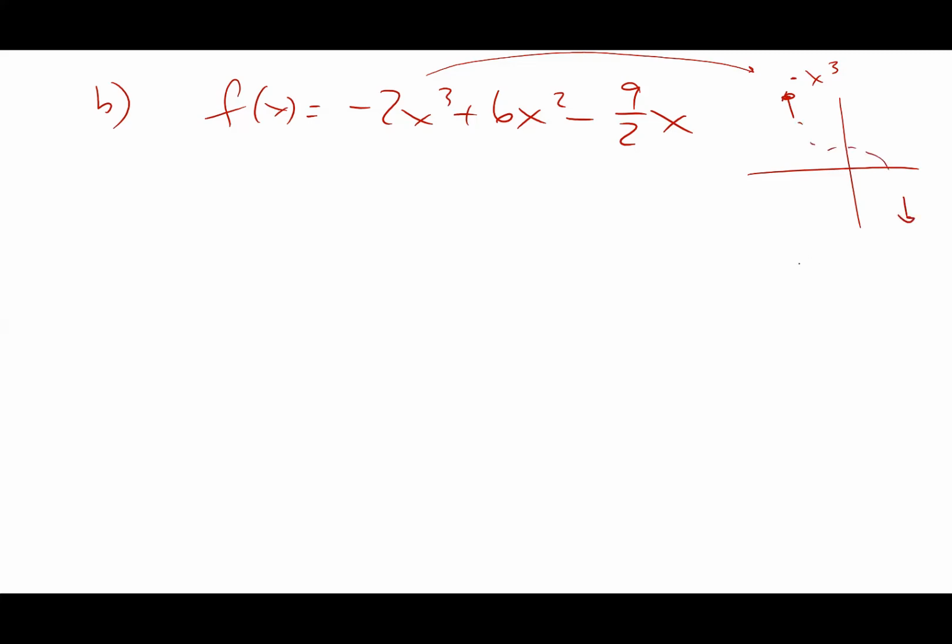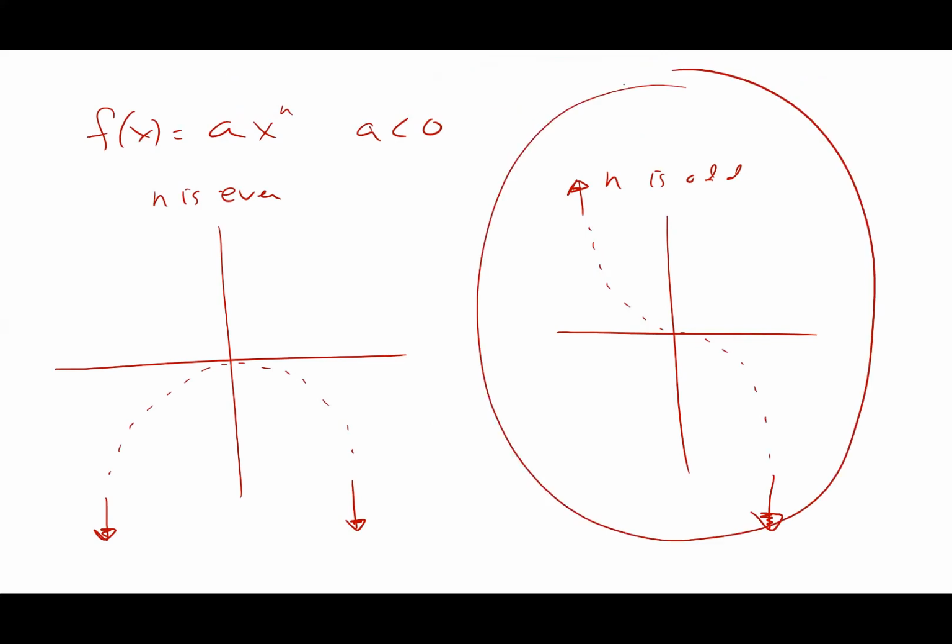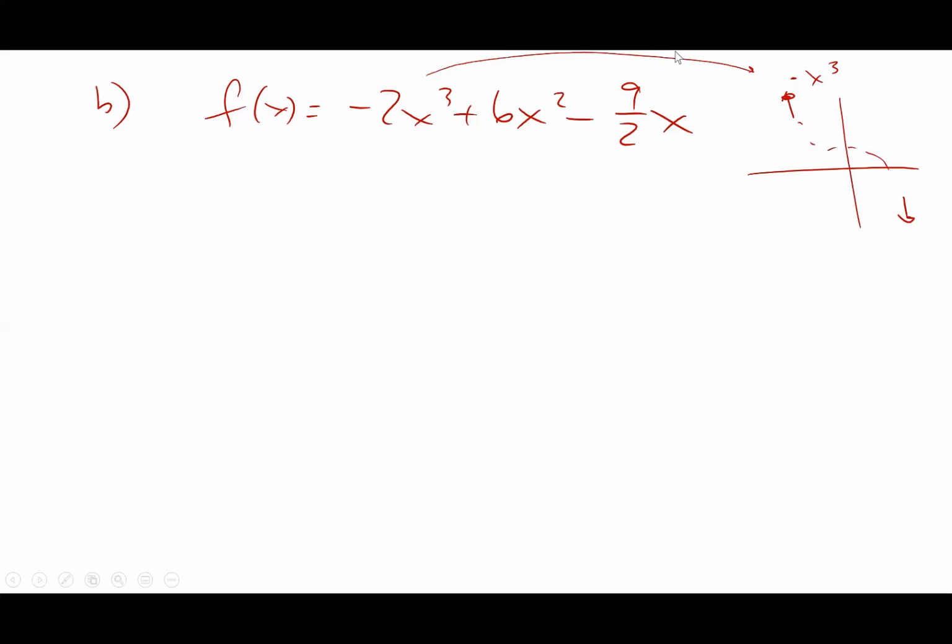So this is this one right over here. It's an odd number with a negative in front. Are we good there with that? Cool. Next thing is trying to figure out the zeros here. So I'm going to do a little bit of work for you guys. I noticed this little 2 right here. So I'm thinking to myself, you know what? I hate fractions. So I'm going to factor out a 1/2 out of all this and just see what happens. In fact, because this little negative is right here, I'm going to factor a negative 1/2 out of all